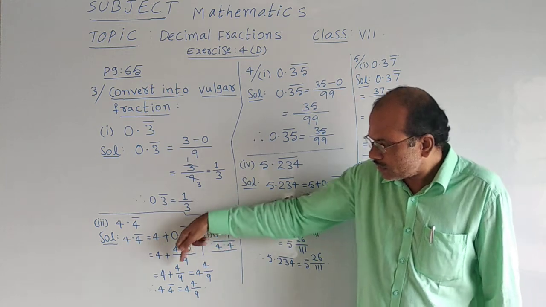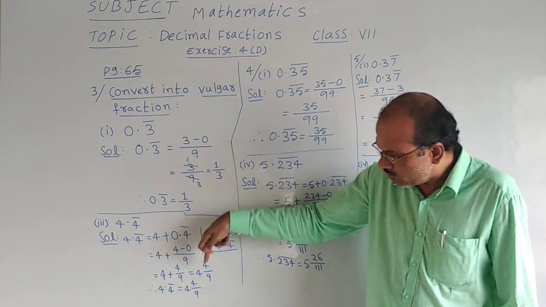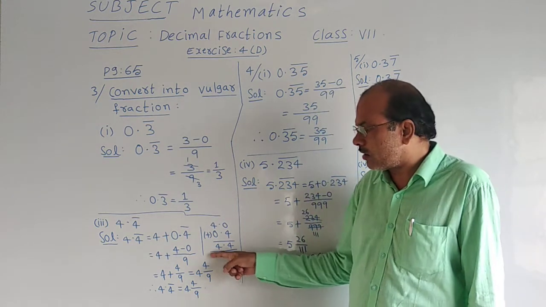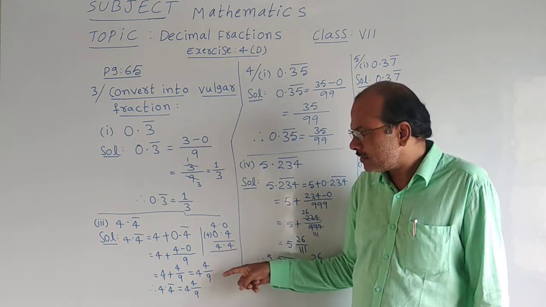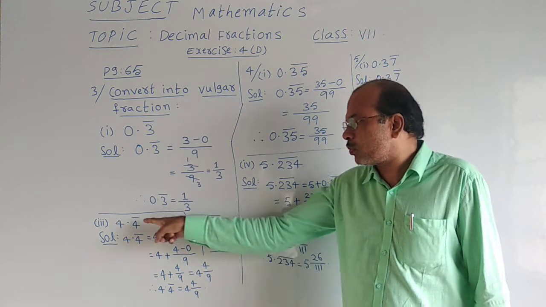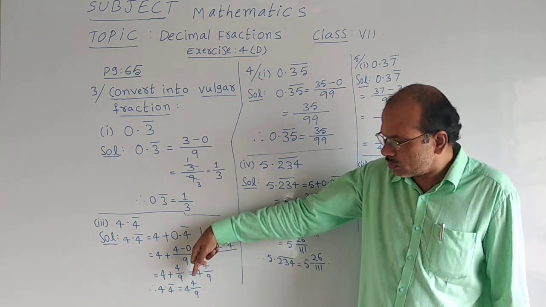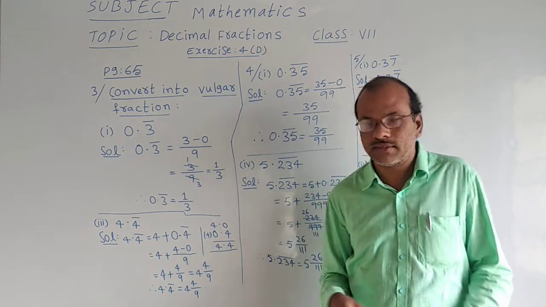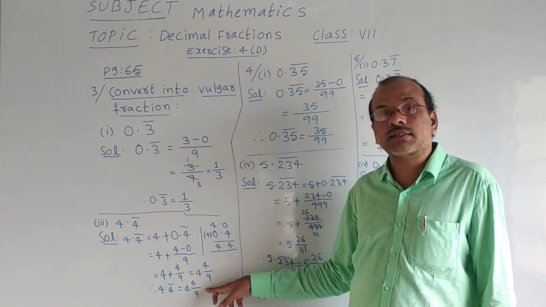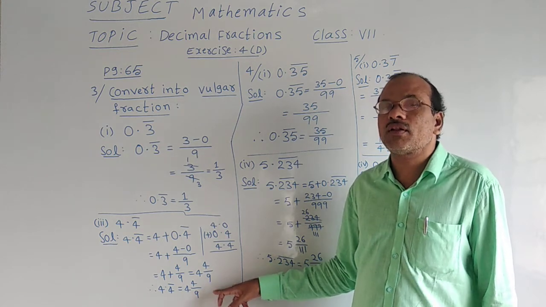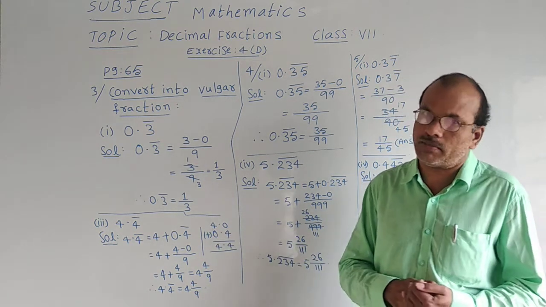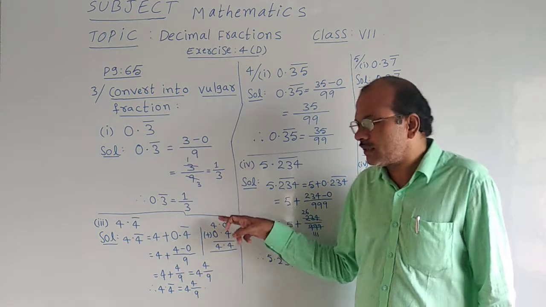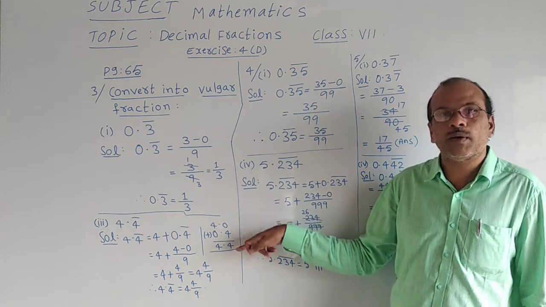The next step, that plus is removed. 4 and this 4 by 9 mixed fraction is written. It is like an ordinary fraction only. Yes? Then given question 4.4 bar is equal to 4 and 4 by 9 as a mixed fraction we have got. This type of answer is called as a vulgar fraction for the given decimal fraction or a decimal number. Is it clear, students? That is the way. It is a rough work actually. For you to understand, I have explained this part.